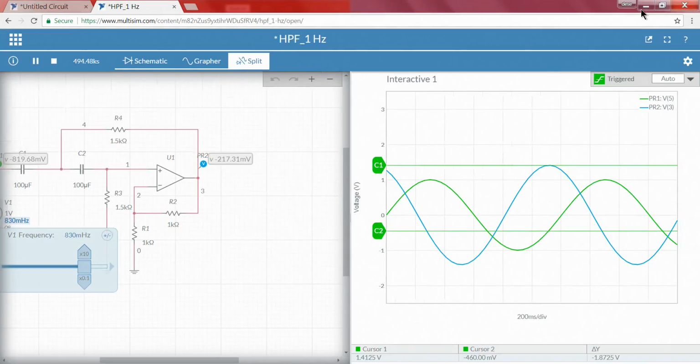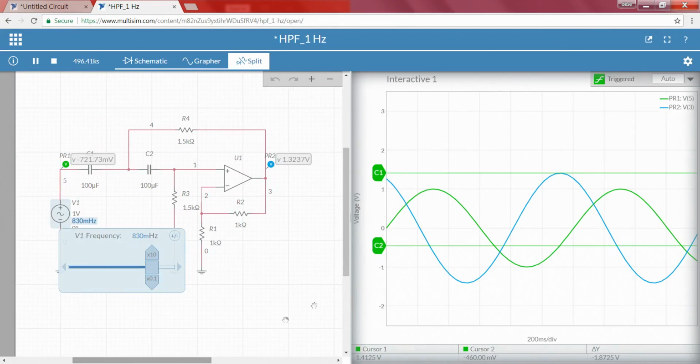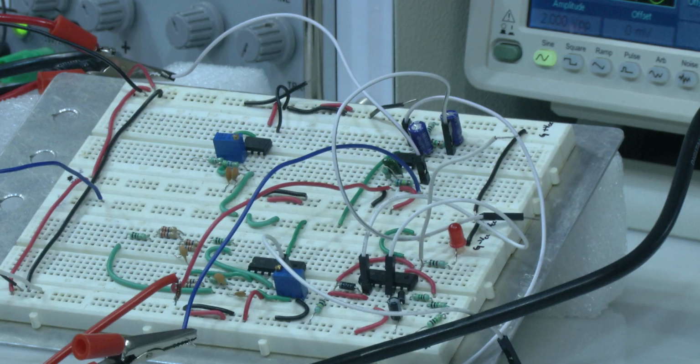Now, I hope this is clear with the simulation. What we do is we will look into the board, we have already done the same circuitry using our breadboard. So, we use the other part of the TL082. Previously we have seen the low pass filter, now we will see the high pass filter on the same op amp, just next to that, but we are using the first side of the op amp in this case.